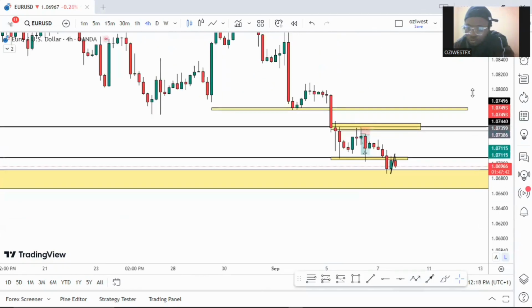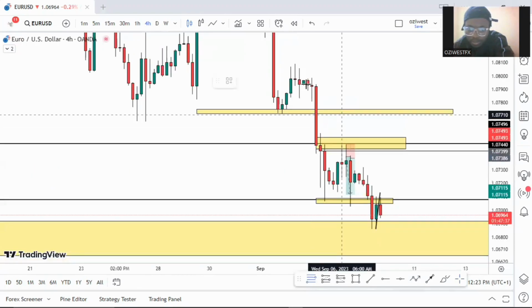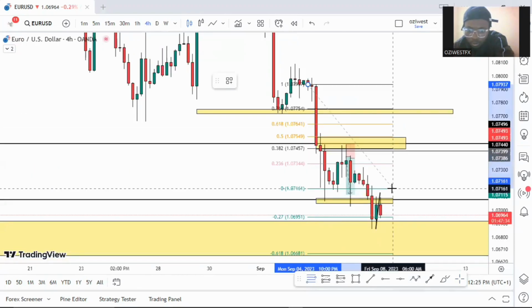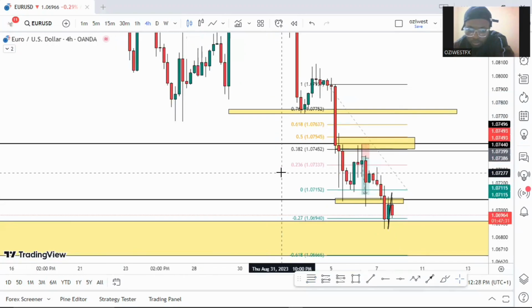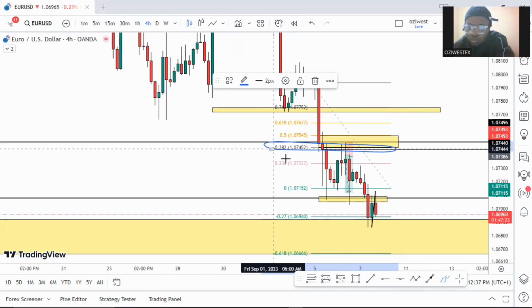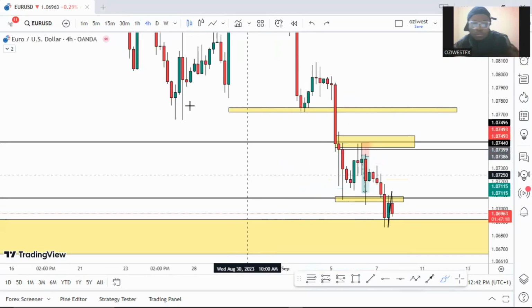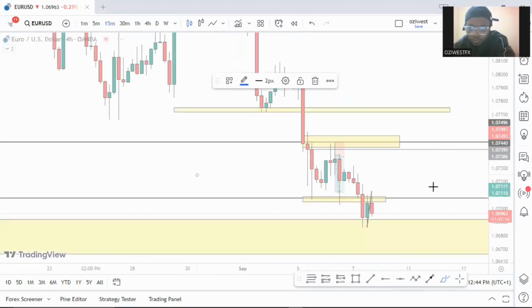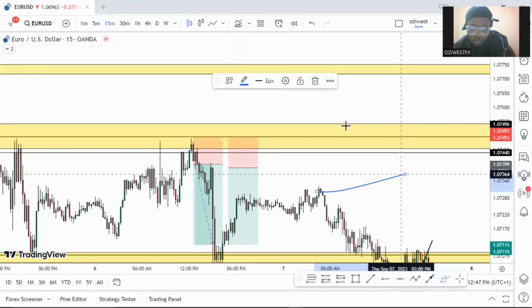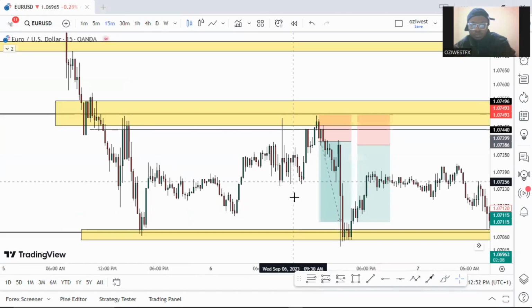On seeing that, I drew my Fibonacci golden zone to see where price is aligning, and I noticed that price was also rejecting the 38.2, or the 0.382, of our Fibonacci. So I was looking for sales. On seeing that price has gotten to our resistance level,